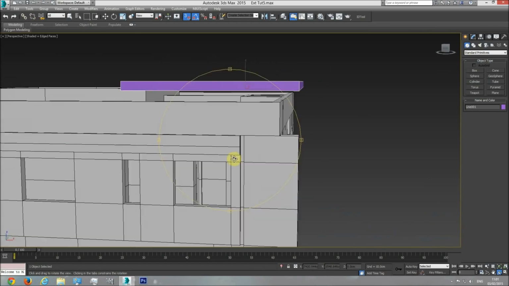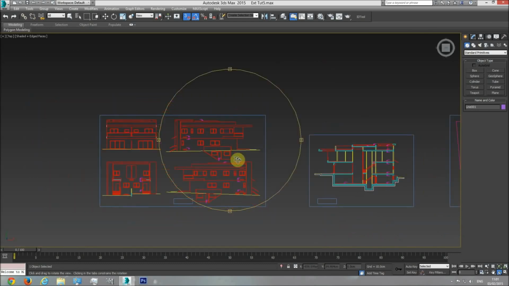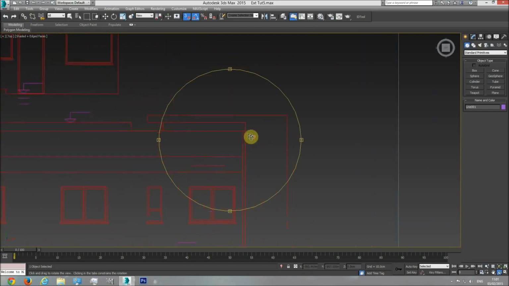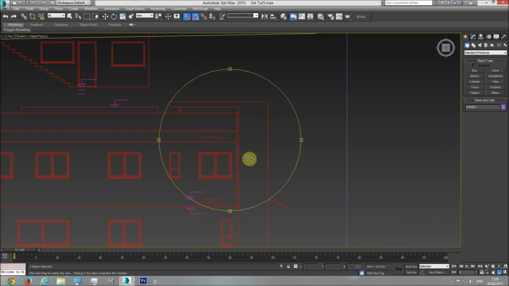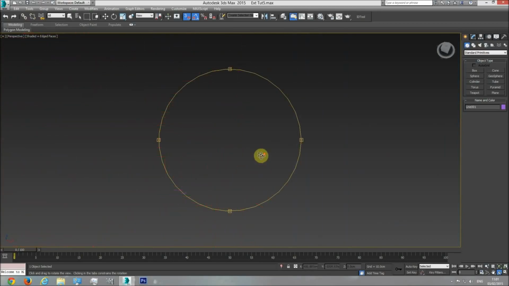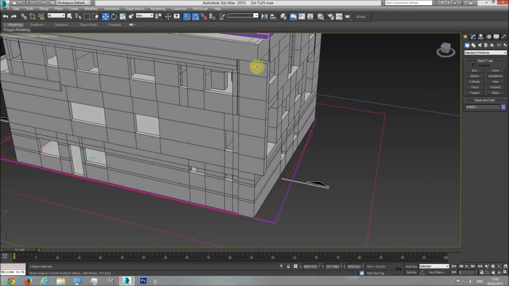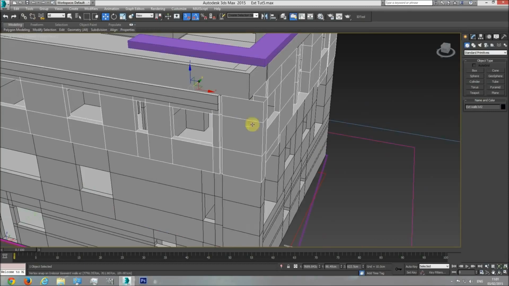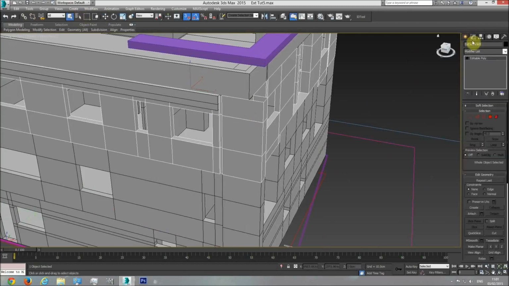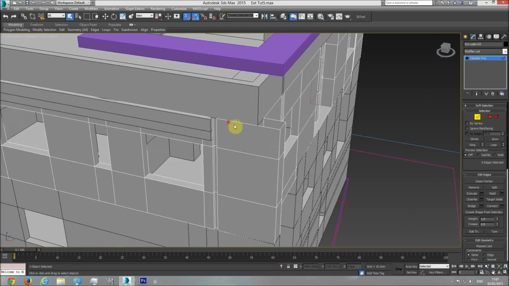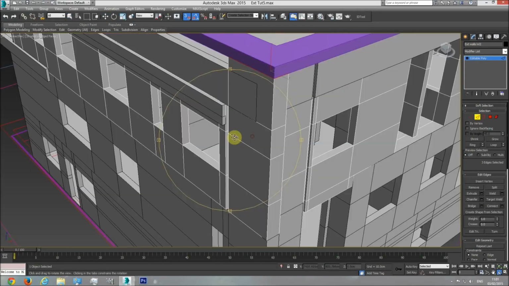We need to continue. Let's see in the top viewport how it is connected here. It is connected with this decorative element on the side of the building. Let's see what it is in our model. It is all this part here. So if I take this part and I take these edges 1, 2, 3 and I take them up so it connects with the element. Alright, so now we have our